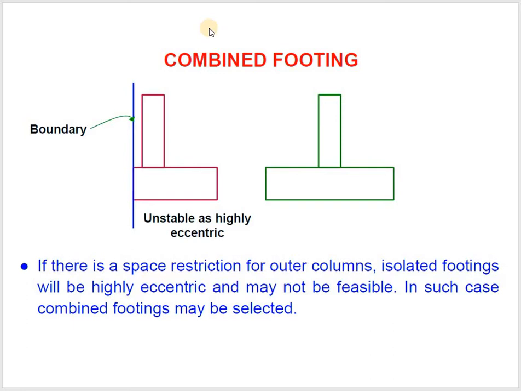Whichever footing is moving to the boundary and has space restrictions, these footings are combined to the very adjacent footing as a combined footing. In that case both the pedestals will have a single footing base. That means these are the pedestals of a footing and this will have a single common base. You just extend this to this footing. So that is a combined footing.